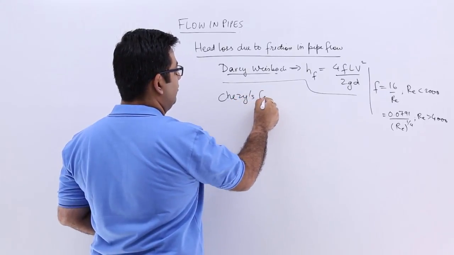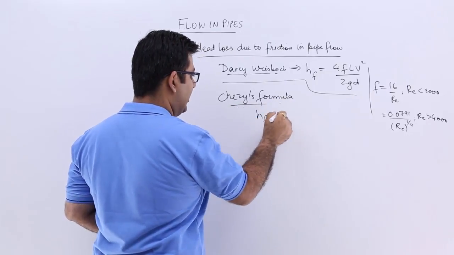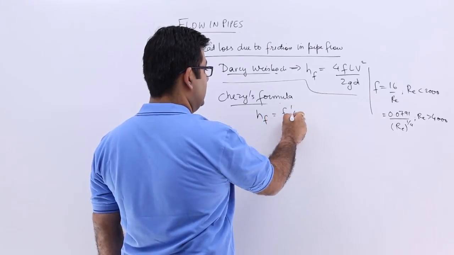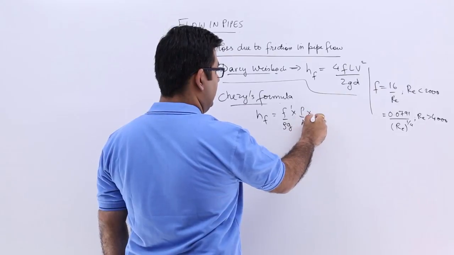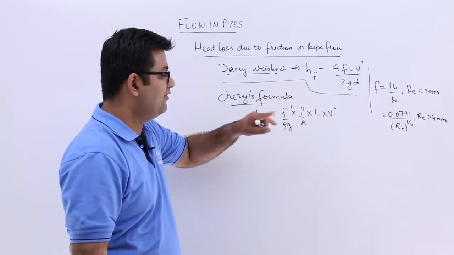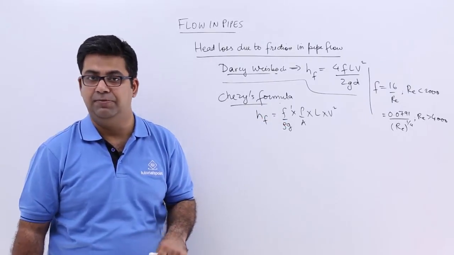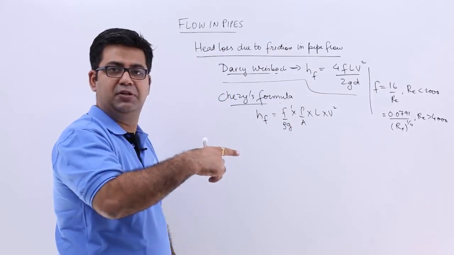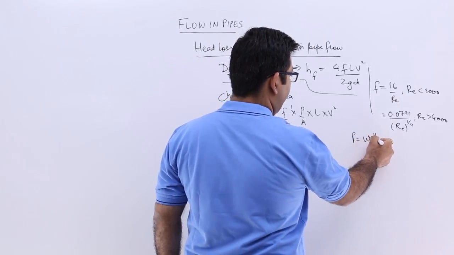The second formula is Chezy's formula. Chezy's formula says that the head loss due to friction is equal to F dash upon rho g into P by A into L into V squared. Now what is this F dash? F dash was the frictional resistance per unit area per unit velocity. Okay, so I can do a little bit of manipulation in this. This P over here is the wetted perimeter,